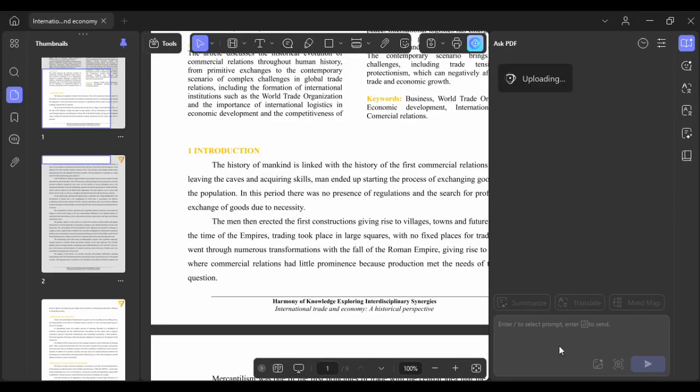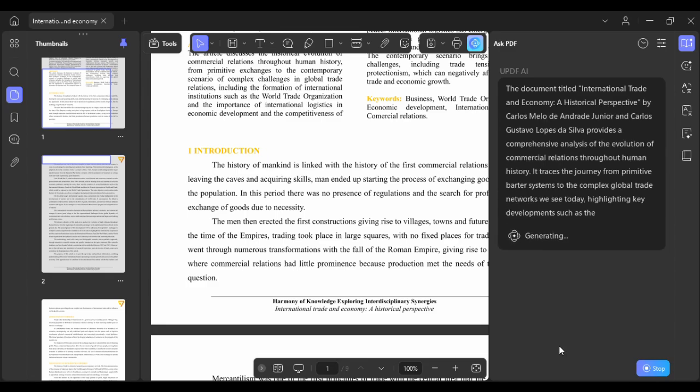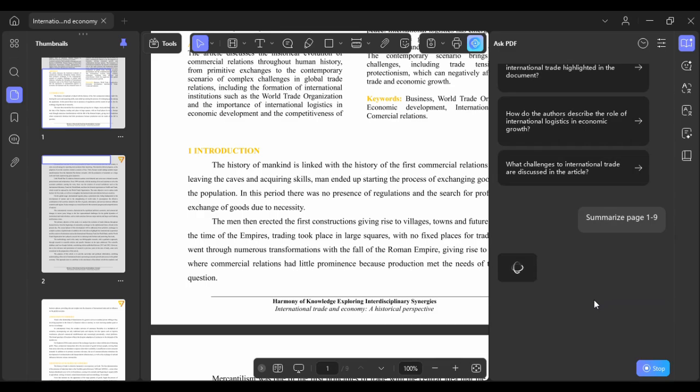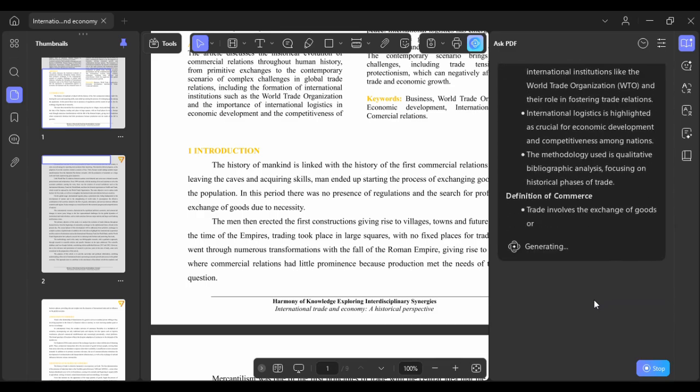To use the summarize tool, all we have to do is click on this. UPDF AI will automatically generate a brief summary of the article. If you want to have a more in-depth summary, just click on this button. Select the pages, then click summarize. UPDF AI will then generate a summary of the entire article in bullet form. This is a pretty neat feature, especially for long article reading.